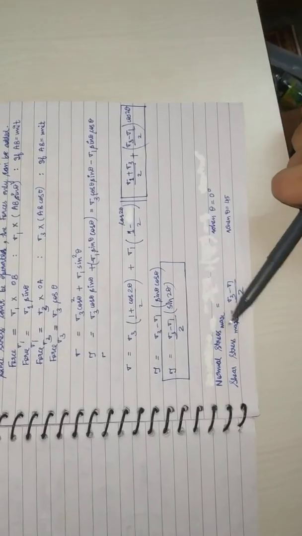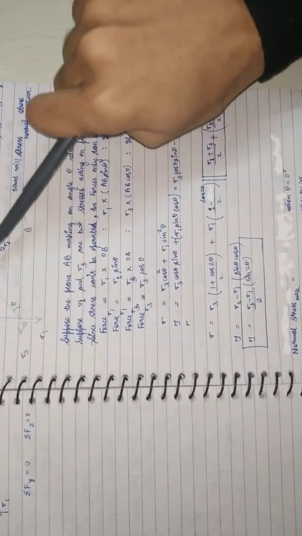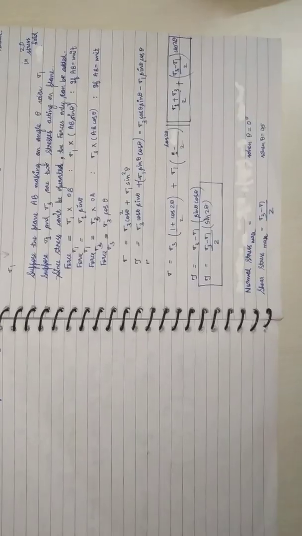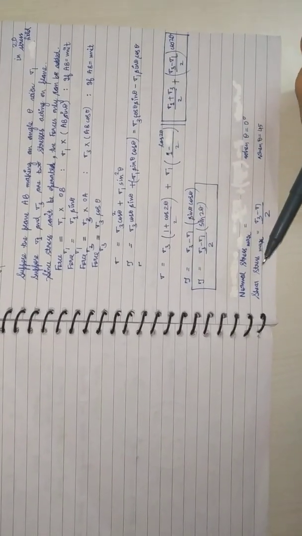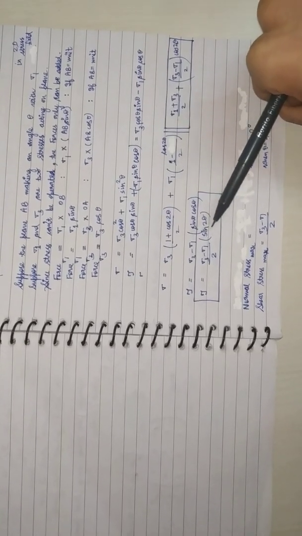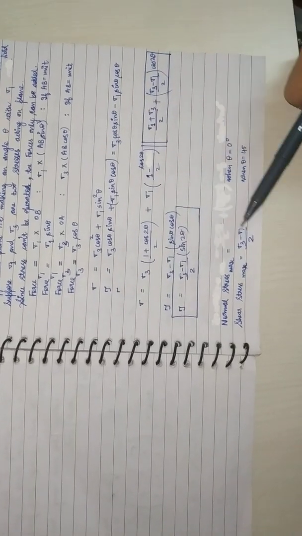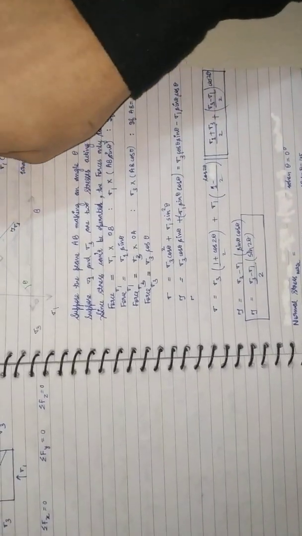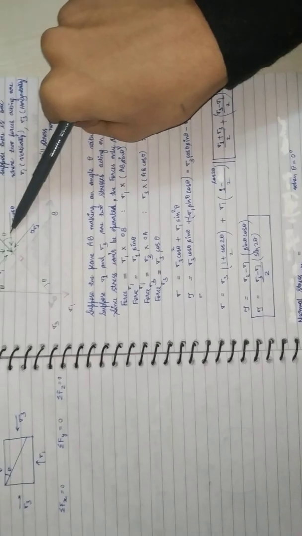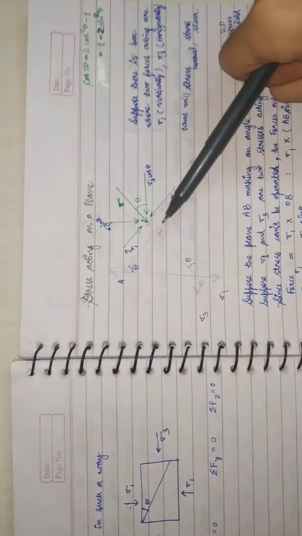So the normal stress on the plane is maximum when theta is 0, right? The shear stress is maximum when sine 2 theta is maximum. Sine 2 theta is maximum when 2 theta is 90 degrees, because sine 90 is 1. So 2 theta is 90 when theta is 45, right? So the shear stress on this plane is maximum when theta equals 45, so the angle would be 45 in order to make maximum shear